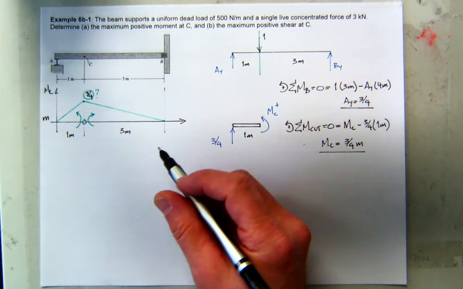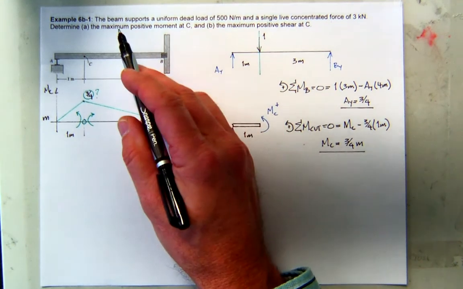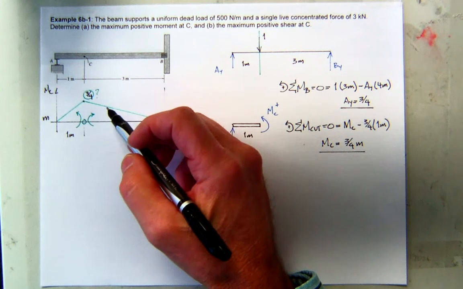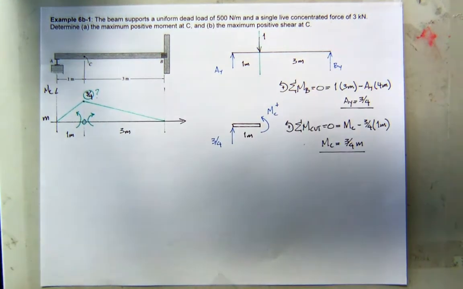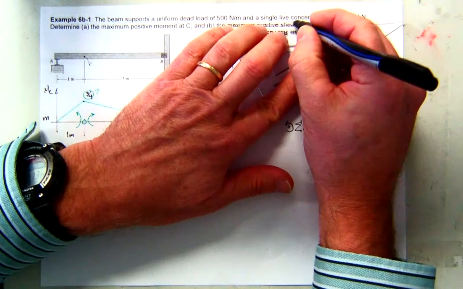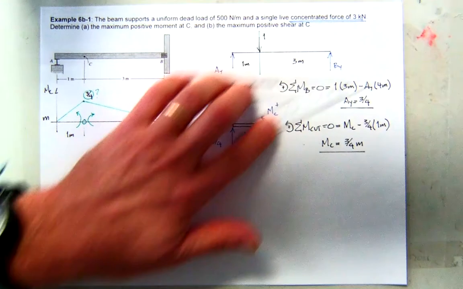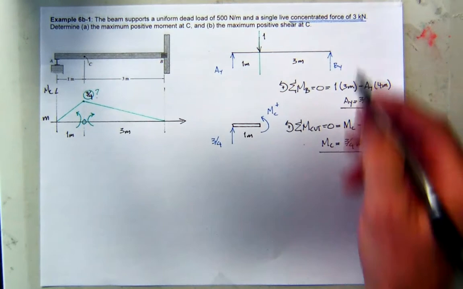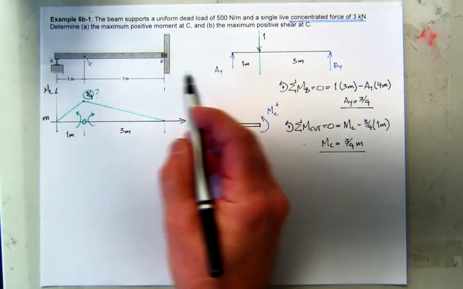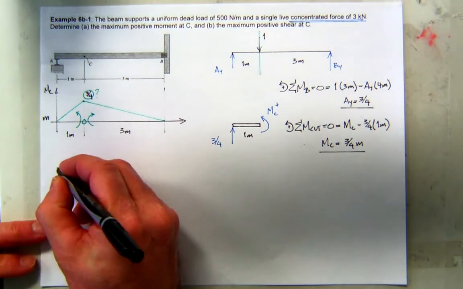So what do we do now? Now we have a full influence line. The problem says, what's the maximum positive moment at C? We have a moment at C influence line. So looking at the first one, which would be the concentrated load, it's 3 kilonewtons. So where do I put my moving 3 kilonewton load to create the maximum moment at C? At C. So my concentrated load